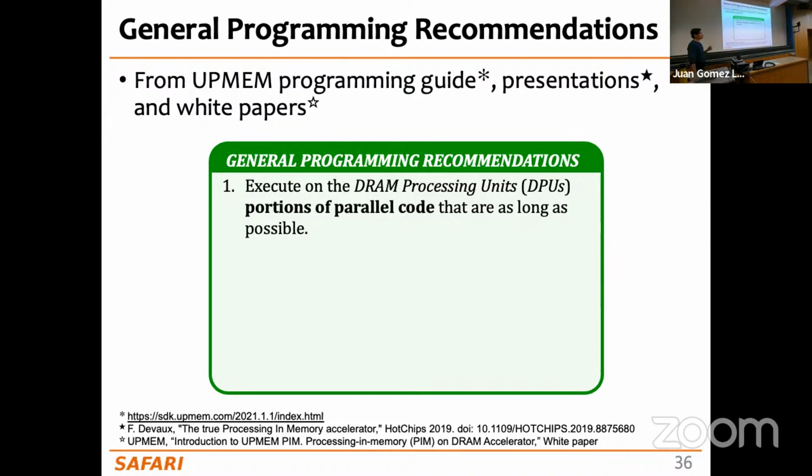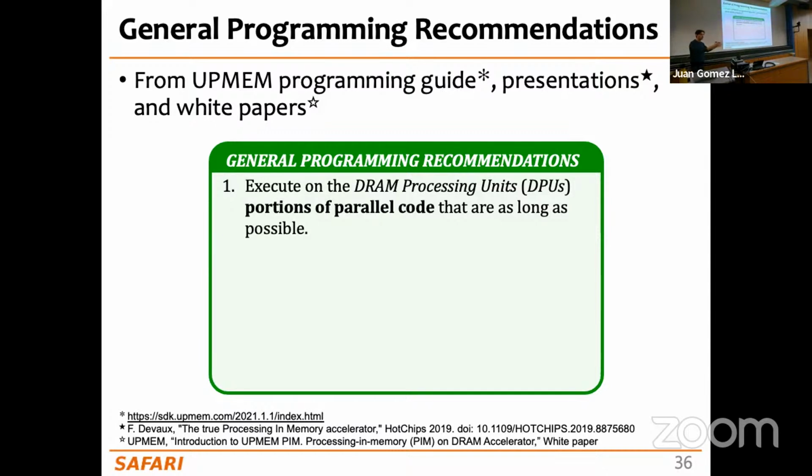Why is that? Because we are offloading kernels for execution on the memory side, on the DPUs. But before doing that, we have to transfer data, right? We have to transfer data from the main memory to the PIM-enabled memory. And this happens through the CPU, indeed. It happens through the conventional memory channels or memory buses. We know that one of the key reasons for the data movement bottleneck is that we have to move data through these memory buses, right? So we want to minimize the amount of data that we transfer over these memory buses in the UPMEM system,